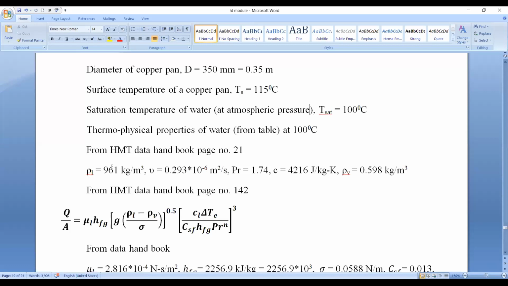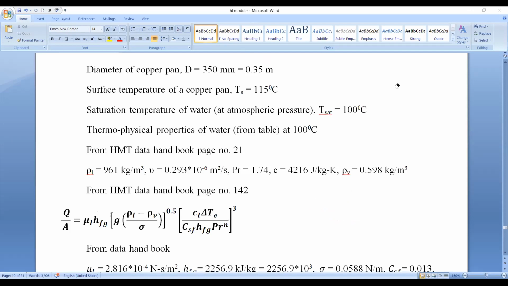So once you get the value of rho and mu, by the definition of kinematic viscosity, nu equals the absolute viscosity mu divided by the density rho. This is for liquid. Now just do the cross multiplication. Multiply mu and rho, and you will get the value of mu L, because in the equation you have mu L. I hope this is clear.